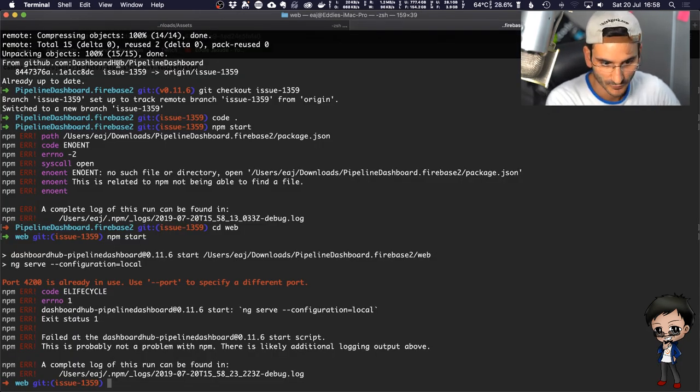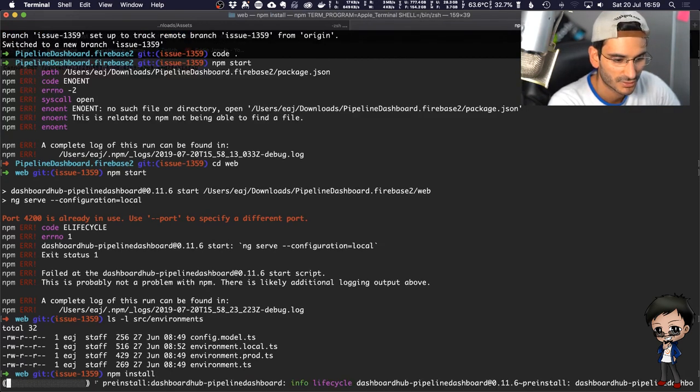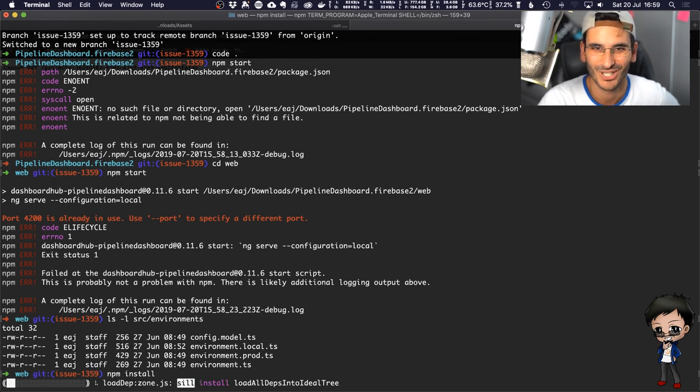Why didn't it start? What's broken? Web directory. Local configuration not found. Am I changing files in the wrong folder? See, this is why you should never have a folder name with number 2 or number 1, because you don't know which one you're working in. Let me just copy that over, and don't make the mistakes that I make. I really thought I would have that in there. So web, source, environments. Do I not have a local? I do have a local. Why is that failing? ng serve, maybe because I haven't used this in a while. npm install.